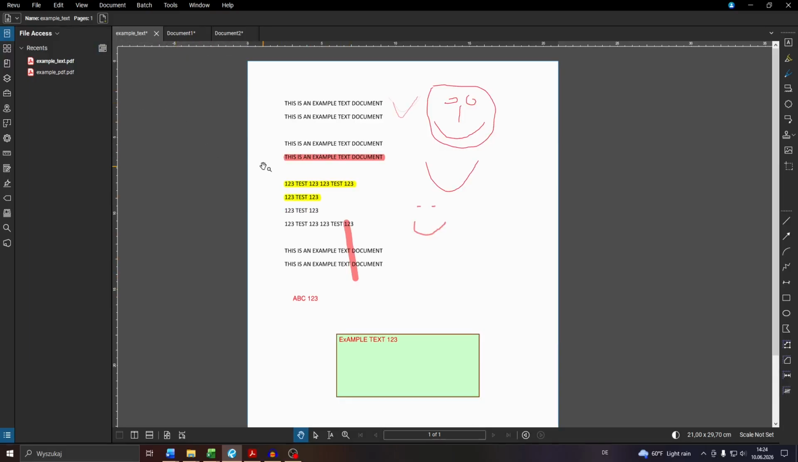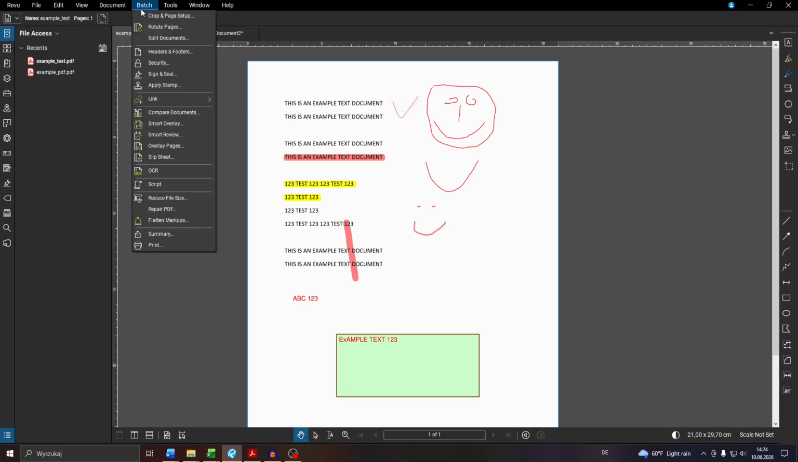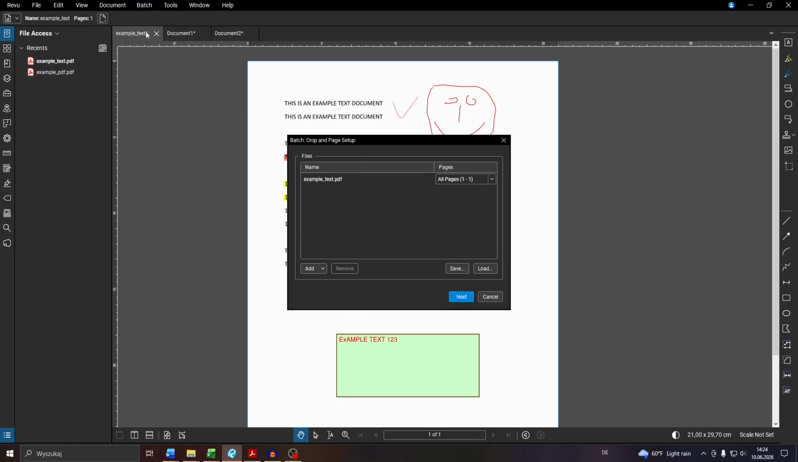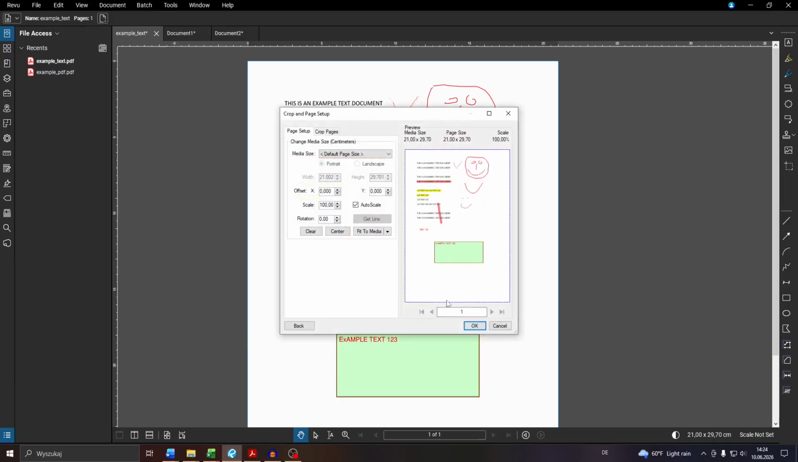I will go with this one. What you want to do guys is click into Batch here at the top and choose Crop and Page Setup. Next, what you want to do is select the document, which is this one here. Click into Next, and then from that menu guys, what you want to do is switch from Page Setup to